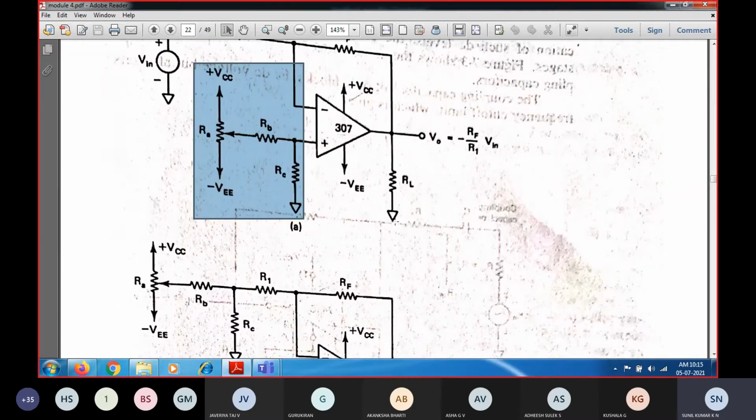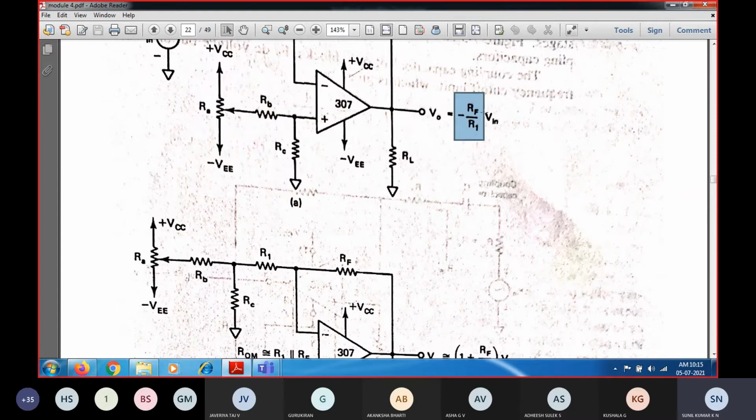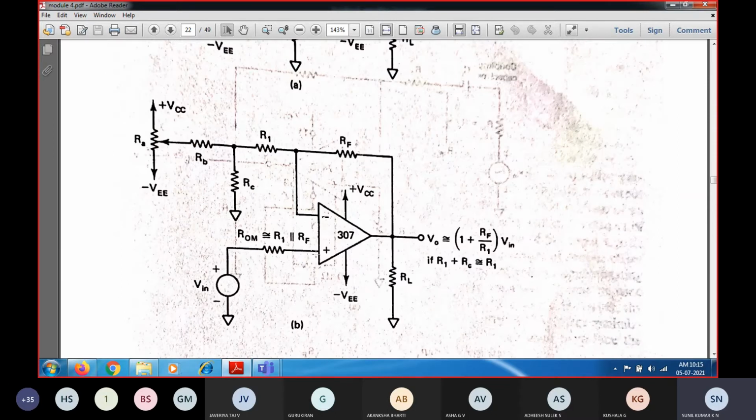So this is the inverting amplifier. It is going to have a gain multiplied with the input voltage. In the same way, for the non-inverting amplifier, you have to see where the input voltage source is connected. The voltage source is directly connected to the non-inverting terminal of the operational amplifier, so that the output will be a non-inverting amplifier. And you are going to have R1 as well as RF as a feedback path. In order to nullify the offset voltage, we are going to consider this voltage compensating network.